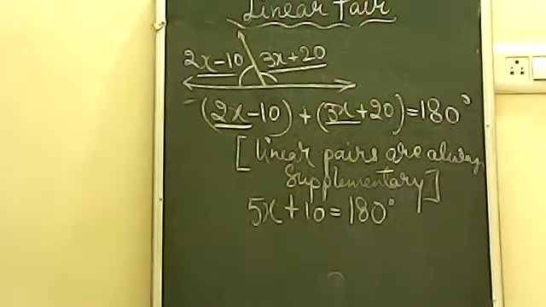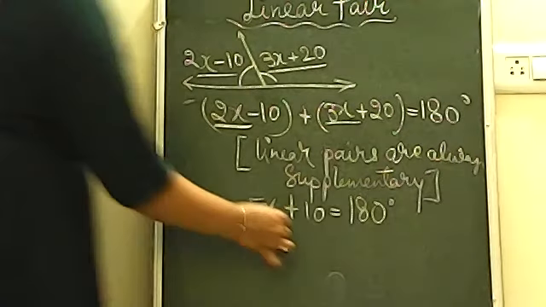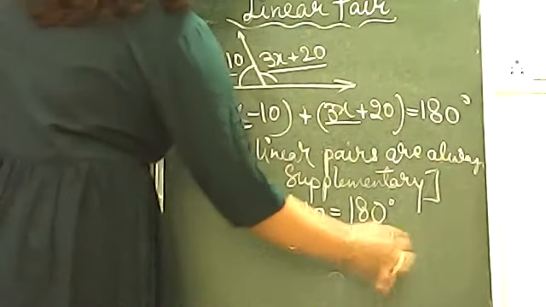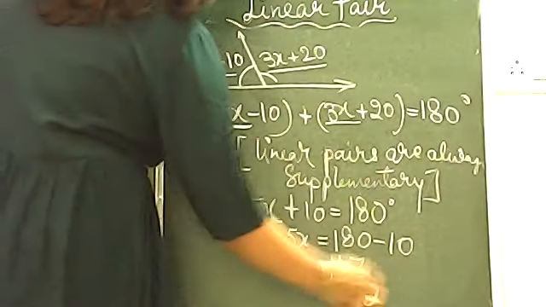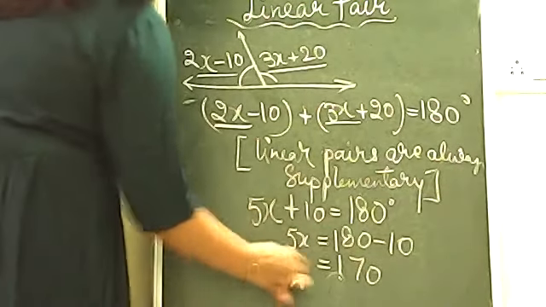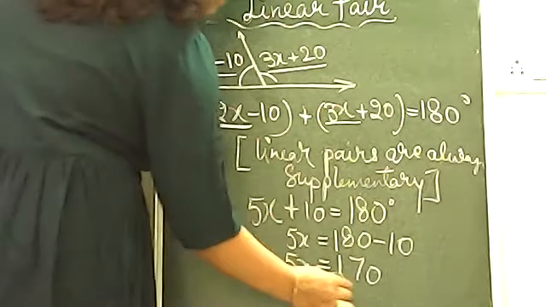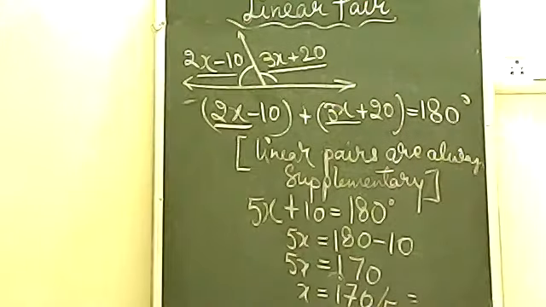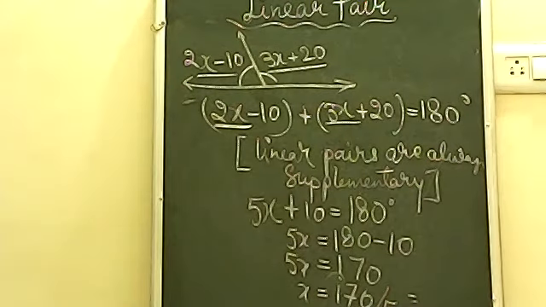Now you just need to solve the process. How will you do that? 5x will be here only, 180 minus 10 will be solved together which will give you 170, and the value of x will be 170 divided by 5. Now 170 divided by 5, when you do it, you will get the value of